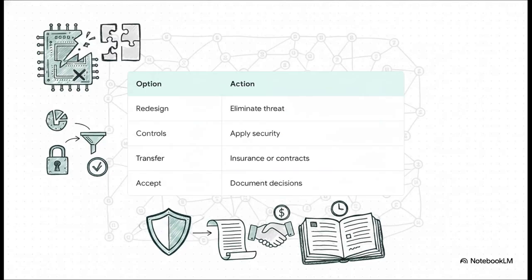Then we hit step 4, deciding your mitigation strategy. You've essentially got 4 choices. 1, redesign the system and eliminate the threat entirely. 2, apply standard controls, think encryption or input validation. 3, transfer the risk, usually by throwing insurance or third-party contracts at it. Or 4,